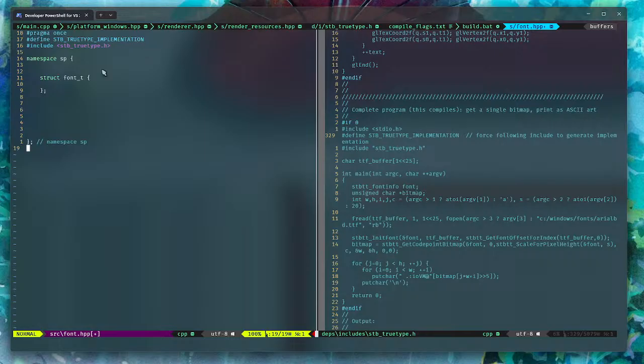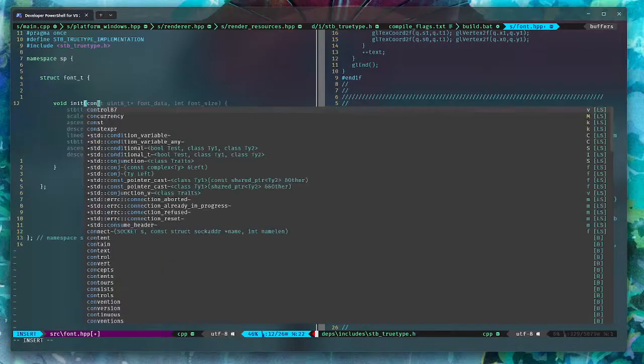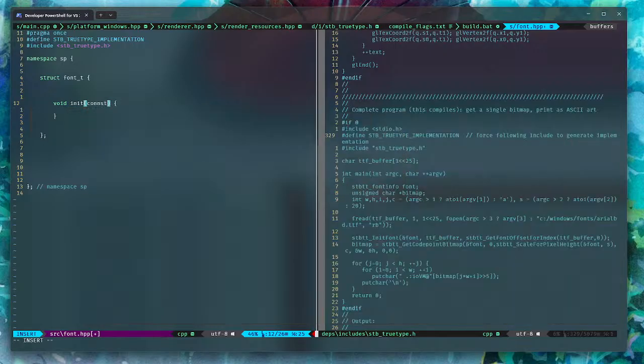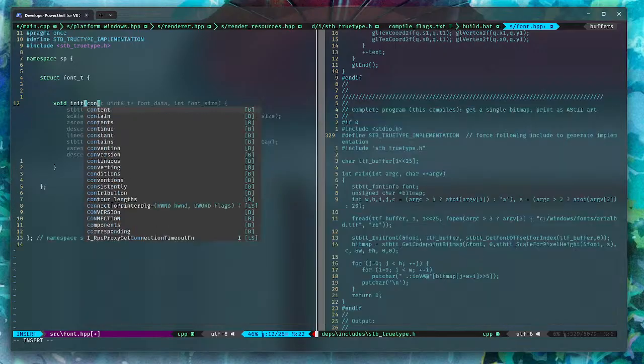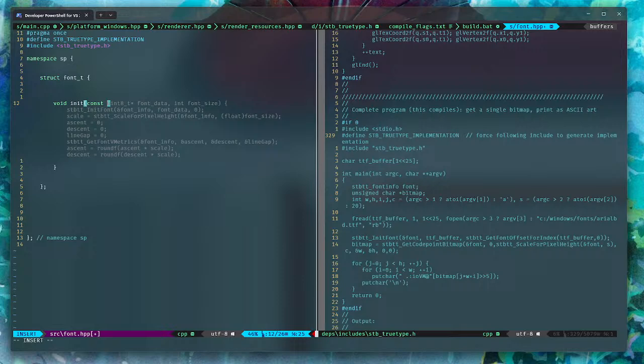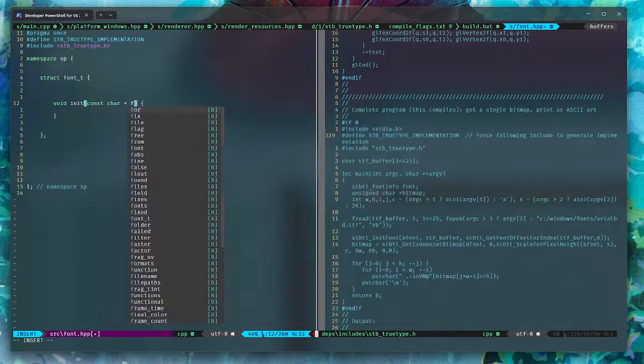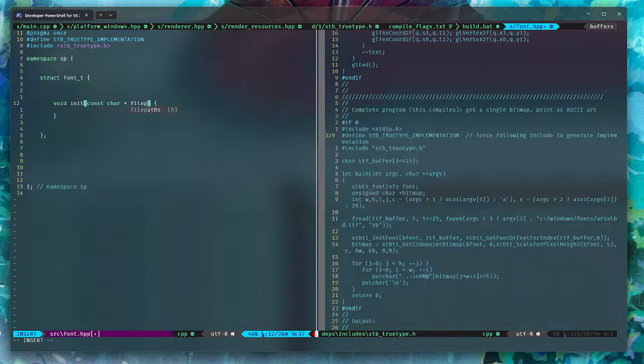And let's say we have an init function which initializes our font, right? At this moment, the init function should take a file path, a simple file path,